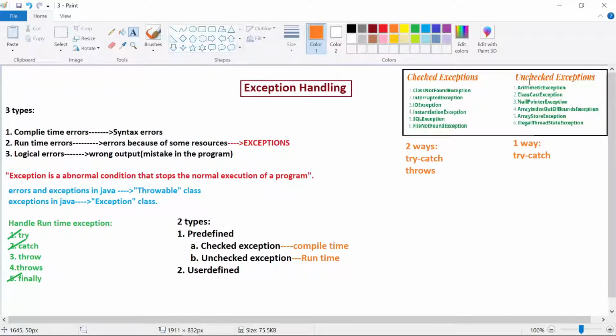Okay, and the other option is, in the last class we learned about arithmetic exception. You can just recall that arithmetic exception, array index out of bounds exception, all these exceptions are unchecked exceptions which will be raised at runtime. Now, if you want to handle these runtime exceptions under unchecked exceptions, then you have only one way, this try catch option. What is this try catch? All the statements you need to put in the try, and the alternate statements you want to execute in case of any exception, you need to write in the catch. You are very familiar with this try and catch.